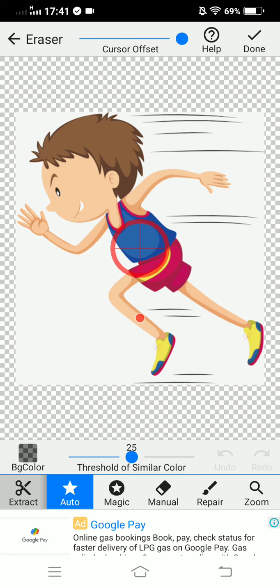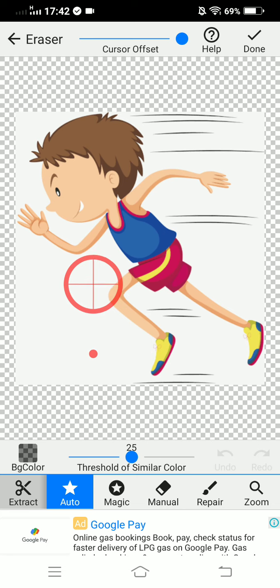So this is the cursor, and this little red dot that is falling on his leg, this is the cursor offset. That means, just like in collider we have an offset, if you want to drag this cursor along with your finger, you can do that, or you can set this cursor offset. What is the benefit is you can see which area is getting cleared, because if you put your hand on that crosshair, then it may happen that your hand will hide that part. So just use it like this.